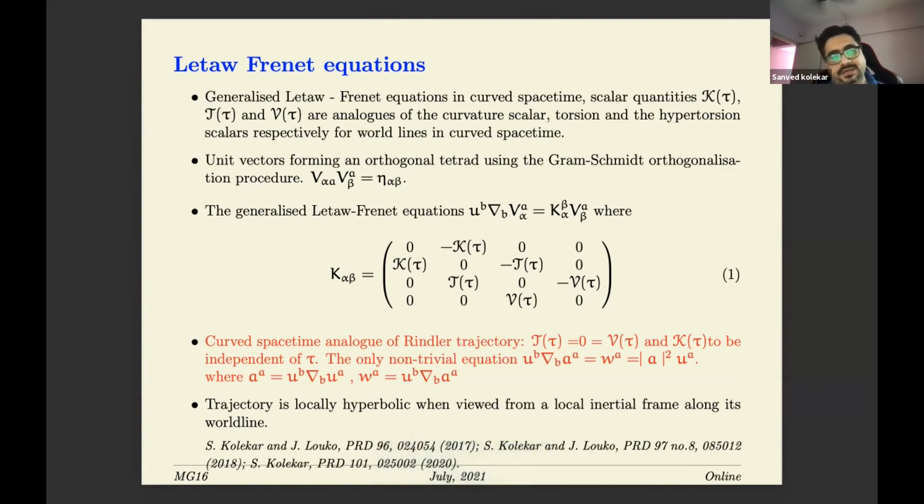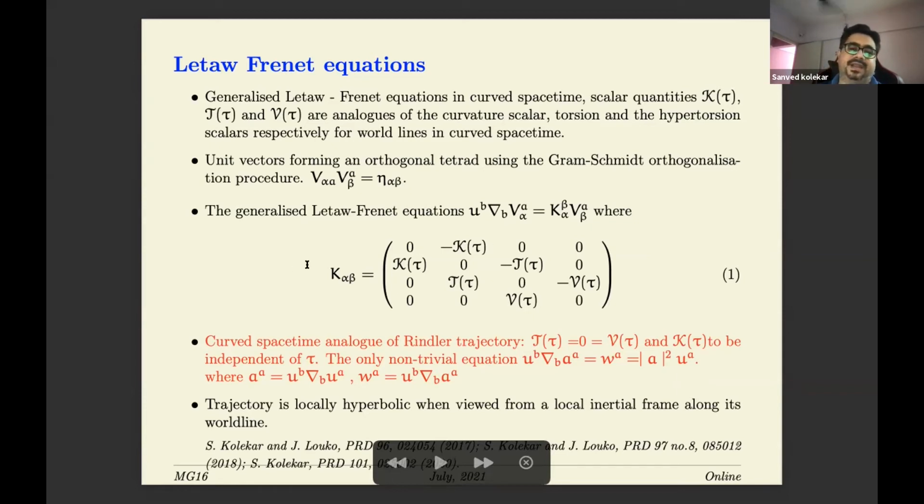So in three-dimensional Euclidean geometry, you had three basis vectors. Here you would have four. And then you basically describe how the four tetrad vectors move around as you go along the trajectory. And then by imposing these Letov-Frenet equations, which are the generalization of the Frenet-Serret equations, you come about to three